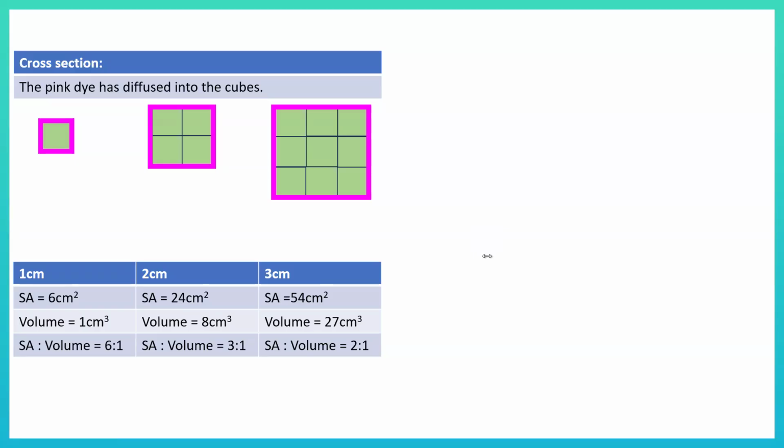Yeah, it is smaller because of the area. Sorry, I'm just reading the chat now because it said, why is it a smaller number? Because of the area. It's the relationship between the surface area and the volume that's important. So it is how big is the surface area compared to the volume. So it's not just the absolute number, it's the ratio, it's the relationship between the surface area and the volume